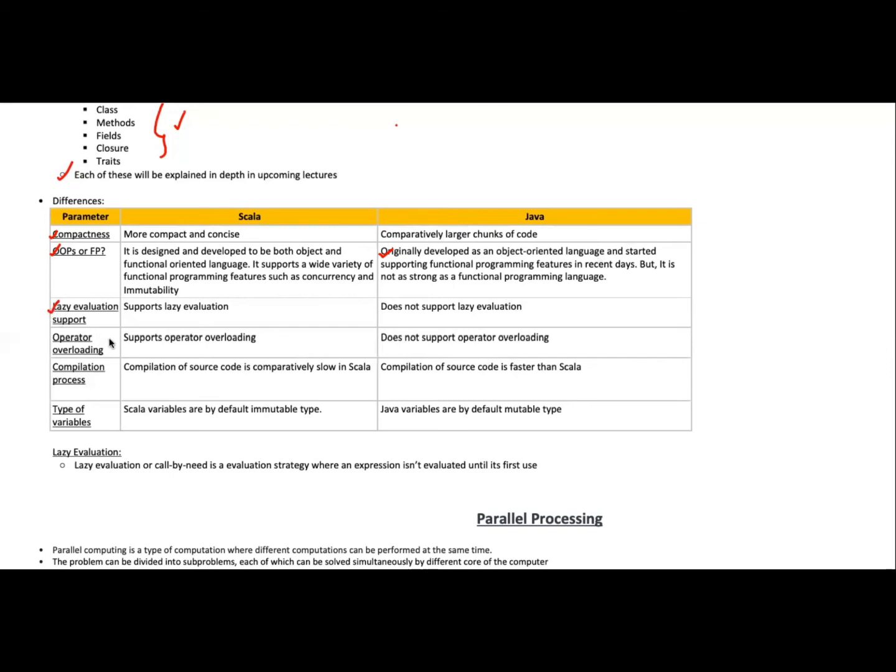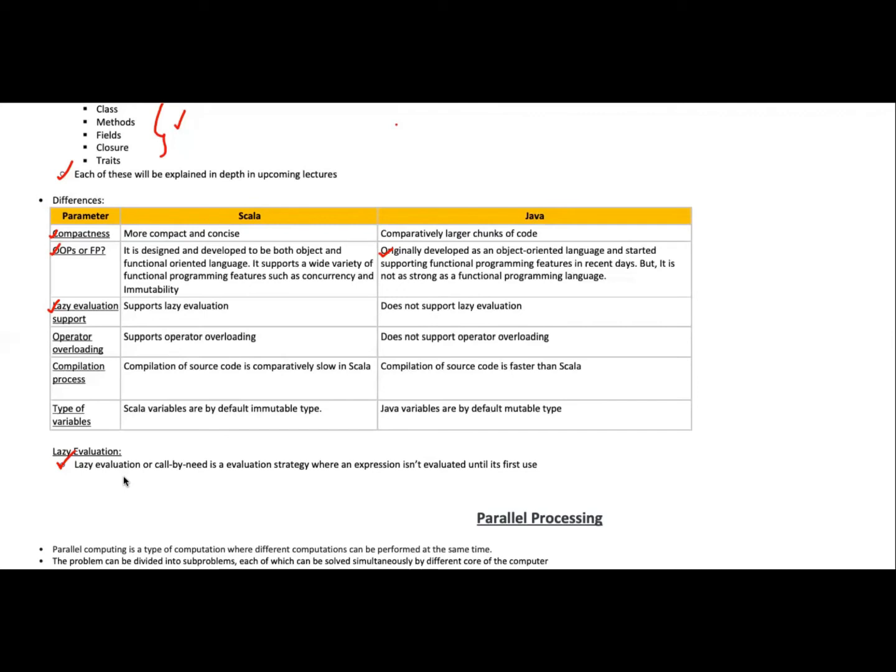Lazy evaluation. I have also written the definition over here, you can check it. Lazy evaluation is also called call by need. The code would be there, it would also be in the RAM, but it will not be executed until it is called. So the evaluation strategy is different.